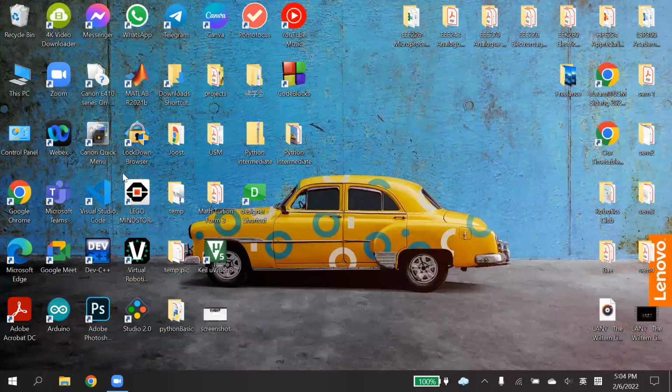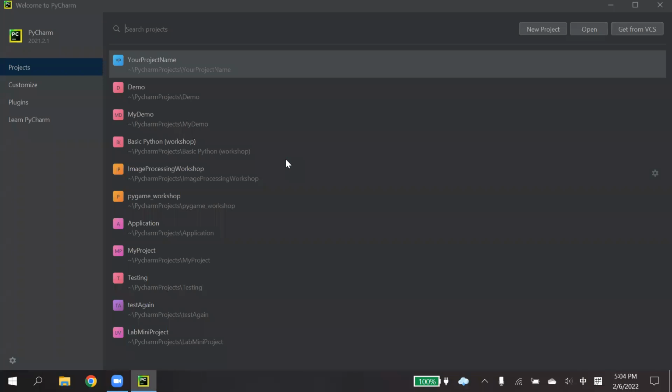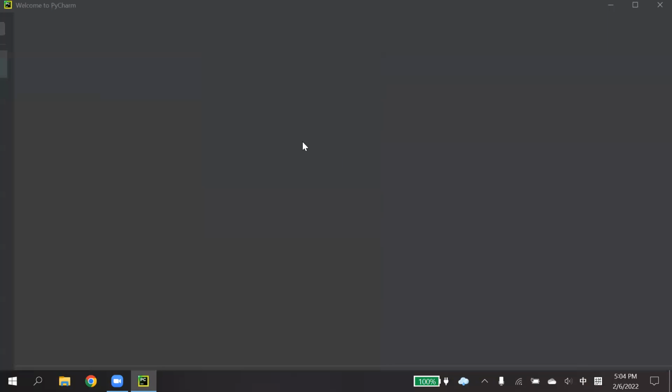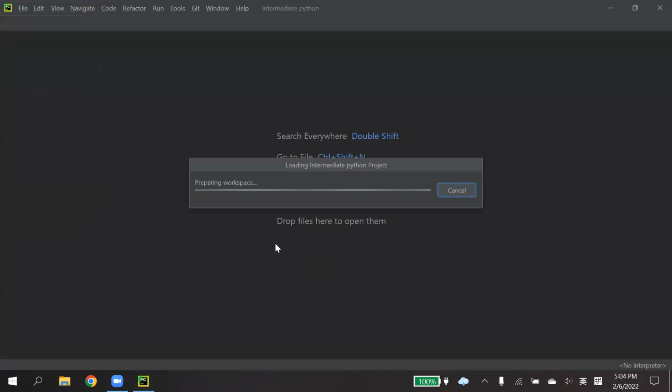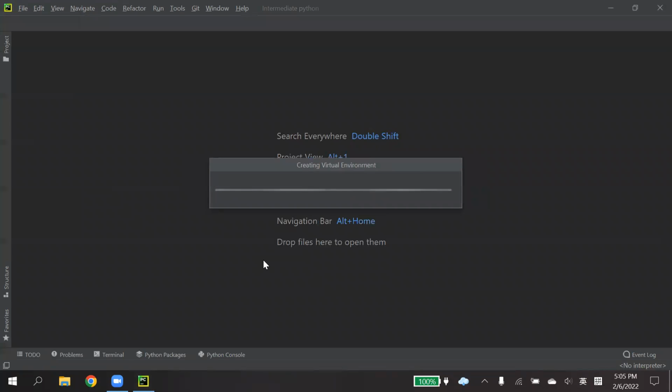We search for PyCharm and open it, and then I can create a new project. If you want to use yesterday's project, you can; you don't need to create a new one. If you didn't join yesterday's workshop, then you can create a new one. I'll just name it intermediate Python. You can name it any name you like, and then I will create the project.